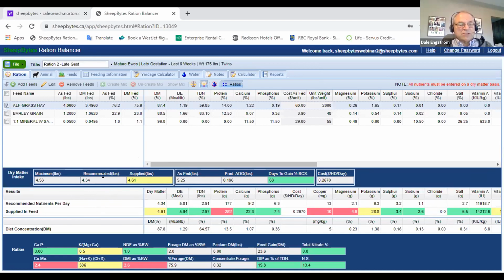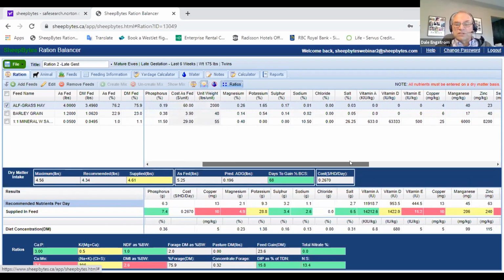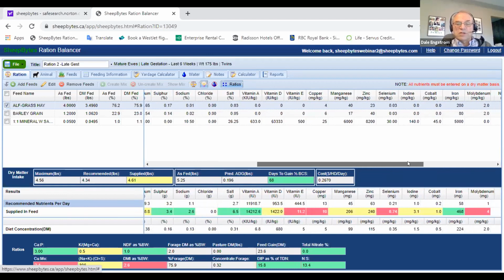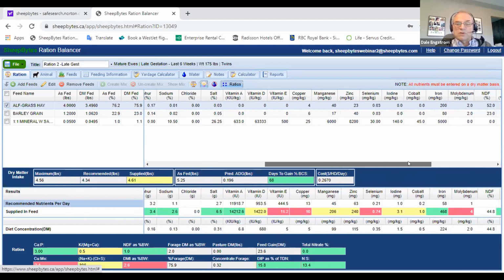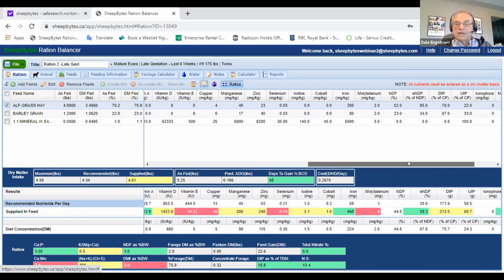So in this results section here, we've got a line called recommended nutrients per day. And that's what's recommended for this 175 pound ewe that's in late gestation and hopefully bearing twins. That's all the scientific wisdom, I guess, that's gone into this that indicates that this is probably in the neighborhood of what we should be providing for nutrients. And you can see there's quite a bit of completeness to it. We've got all the major minerals, trace minerals, vitamin A, D, and E. We've even got a couple,